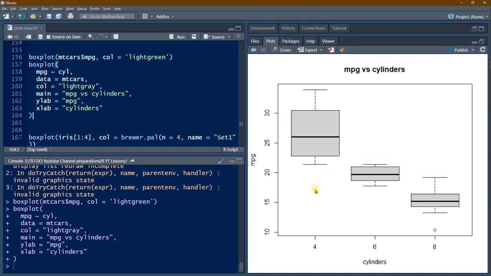Here, around 23 to 32 is the maximum range, or we can say the interquartile data, and on this side there are more cases of more than 32 and fewer cases of less than 22 or so.